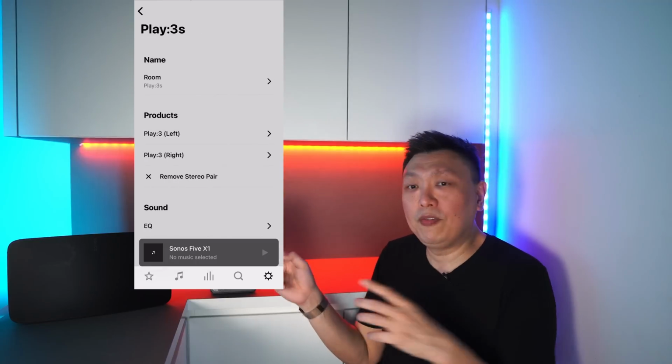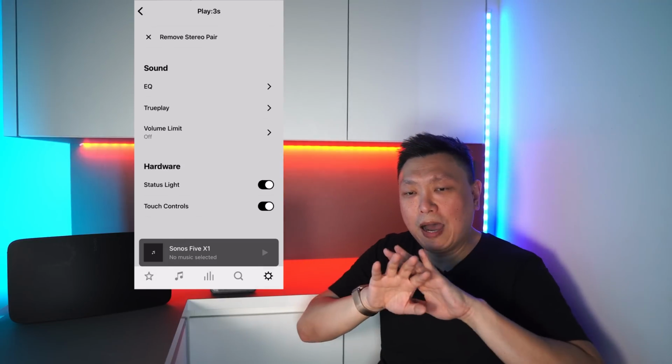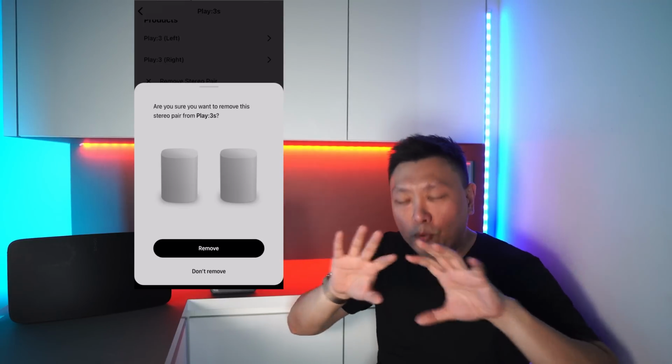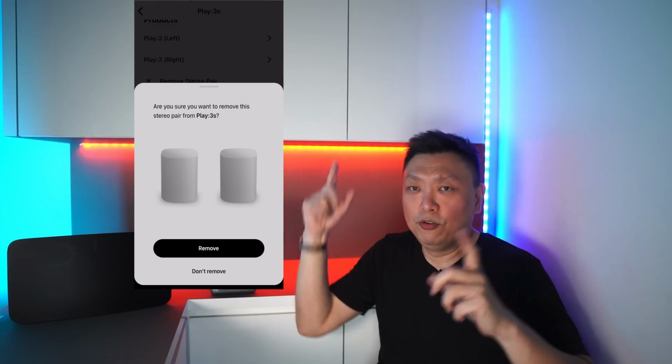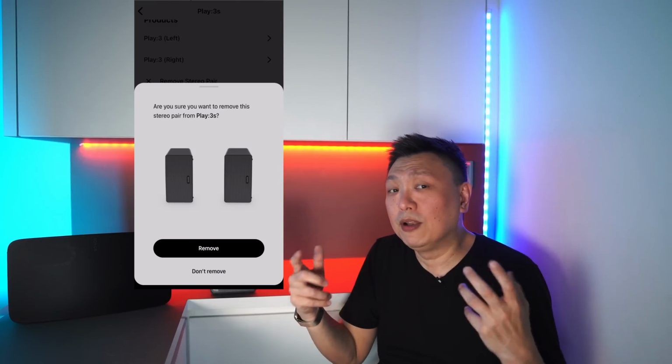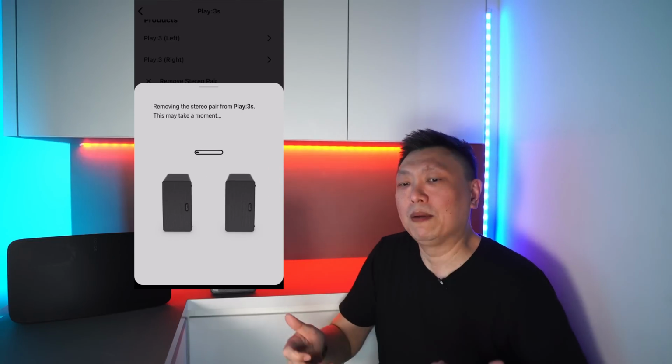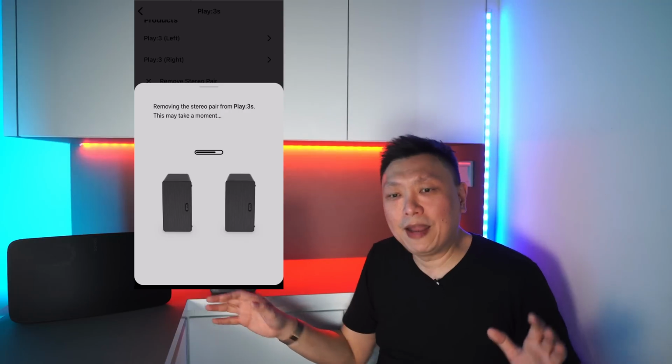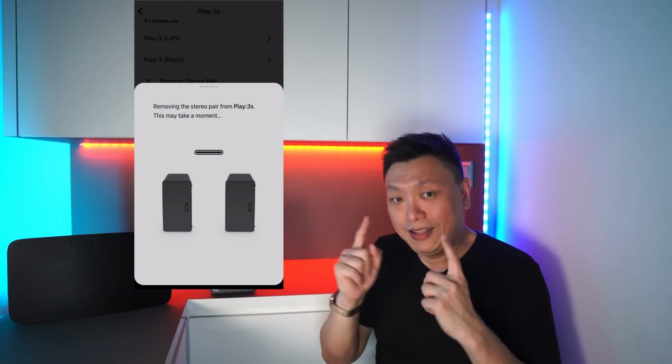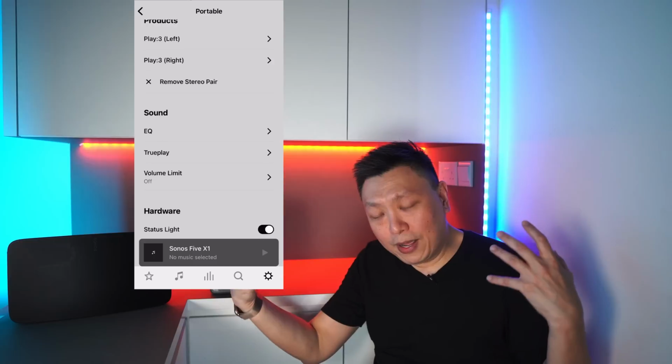Now the next thing I tried was, I went into the Play 3s, which I have in a stereo pair, so I unpaired them and broke up the stereo pair. If you look at the pictures and graphics, it's quite intuitive and easy to break up the stereo pair. Once I did that, I wanted to join them back again. This is where it gets interesting. When I tried to join them back, the system used to prompt me